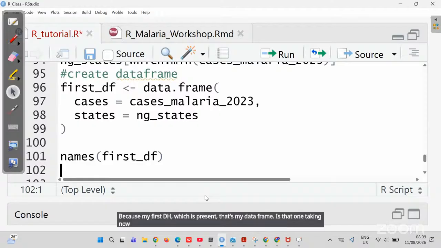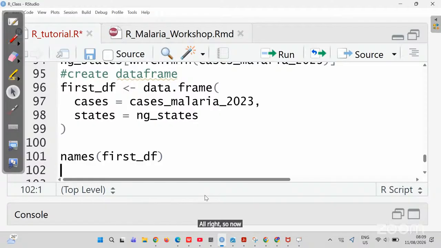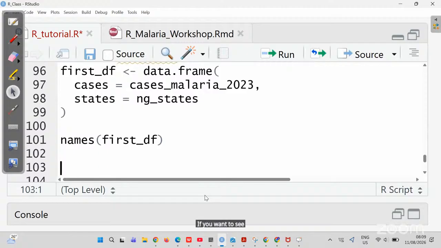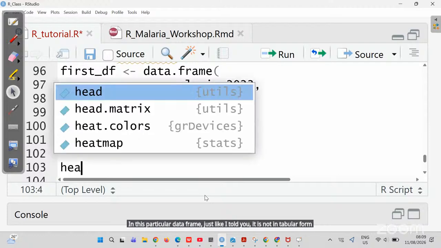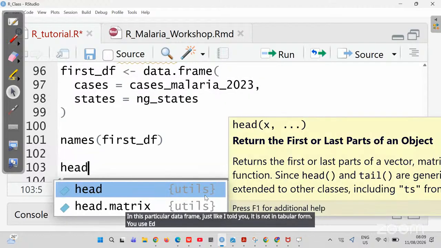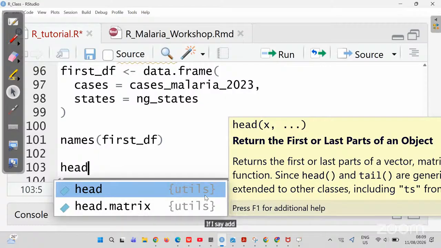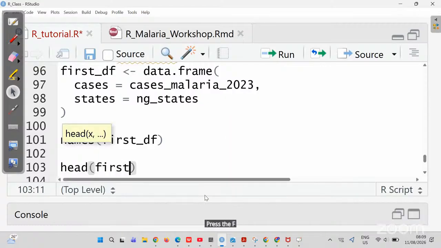All right. So now, if you want to see maybe the first few rows in this particular data frame, which, just like I told you, is now in tabular form, you use head. If I say head(first_df), it's going to give me